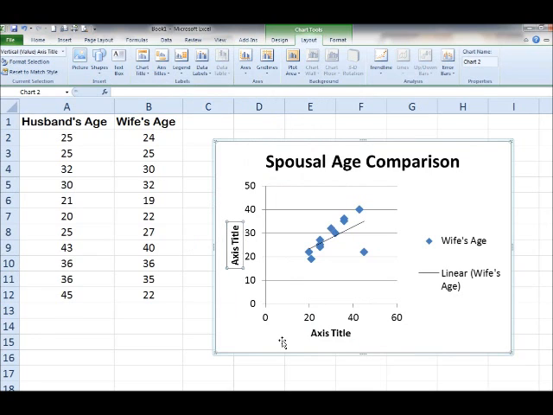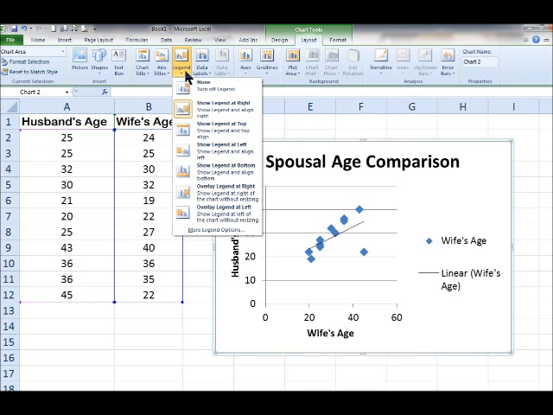Now, these work the same way. You simply click, that selects the title, click again. See how I had the I-beam? And so I could call this wife's age. And then I can click, see how that selects that, click again. See my flashing cursor inside there? If this is going too fast, remember that you can always pause the video and rewind. Right. Okay, so husband's age, and as I click away,